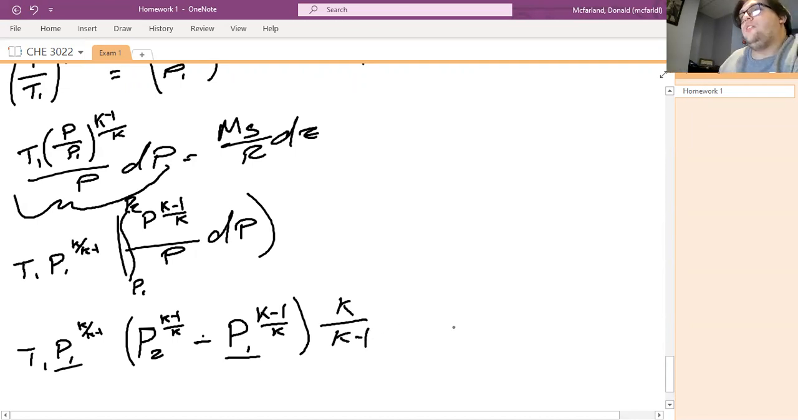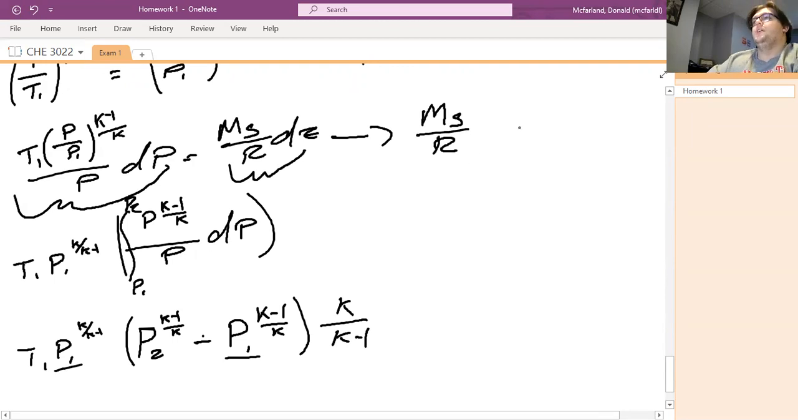Now, for the right side of the equation, all we're going to be doing is just integrating dz, and since these are all constants, they don't matter. Mg over R will become dz from corresponding depth 1 to corresponding depth 2, G over R, which will be,